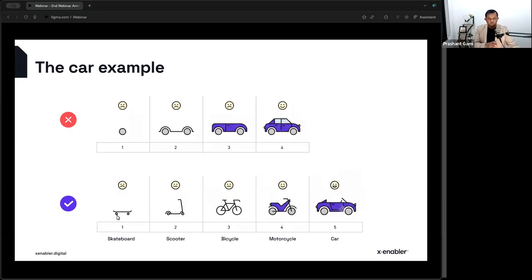Versus here, you might not make as much money as the car would. You will not sell as much as a car would. Customers are still unhappy. They might be moderately happy with this, but they will only start getting happy when you have an engine-driven vehicle. But you are still making sales. Your business is still progressing, and that is still progress. All right. So don't always focus on it having to be perfect before I start selling. Let's go to the next problem.